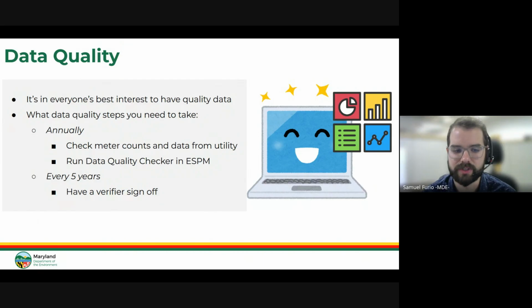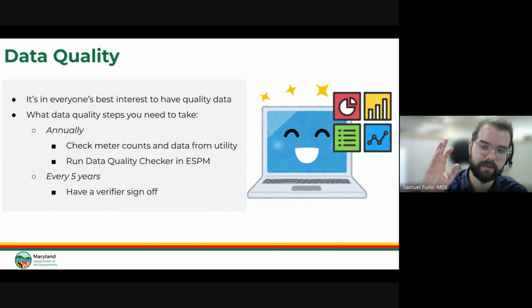And then 7% of those corrections were for data use. So the vast majority were for accurate square footage. And so, going forward, doing what you can to ensure you have a good, accurate square footage count for your building is going to assist you well in the long term.